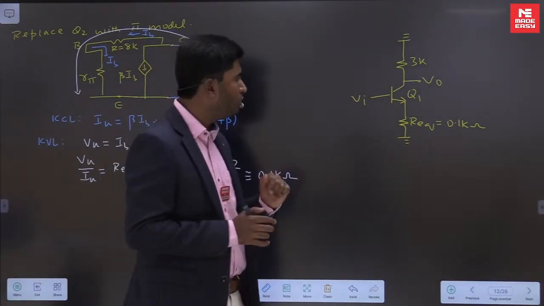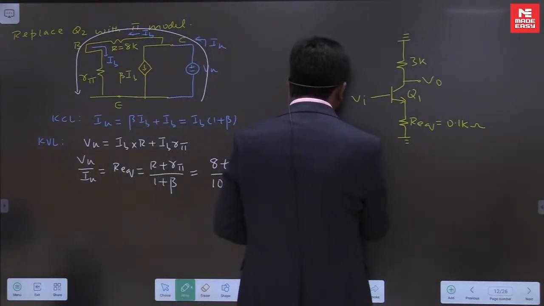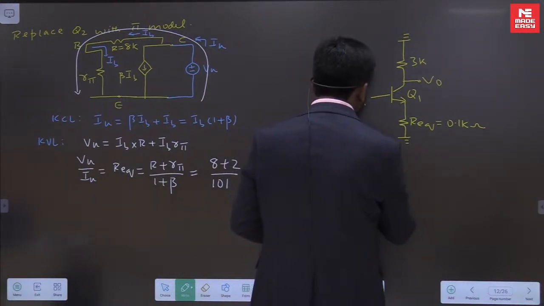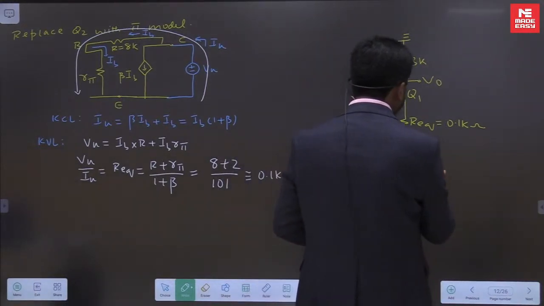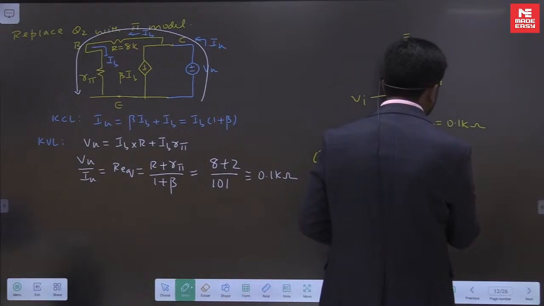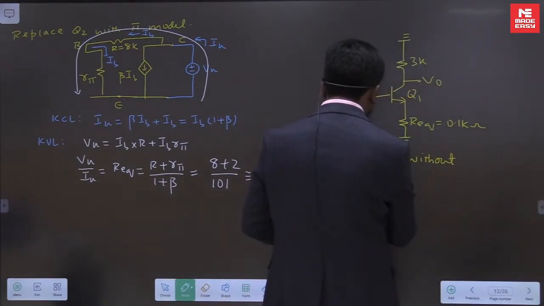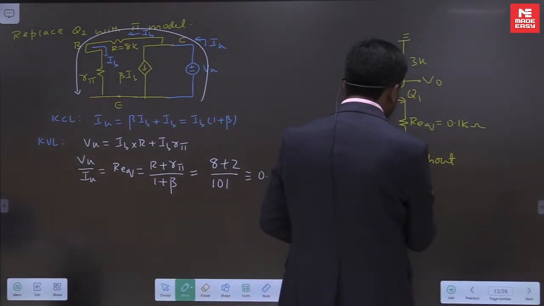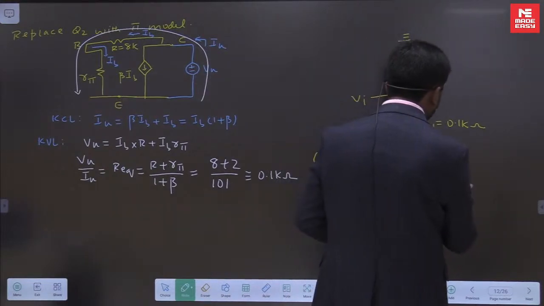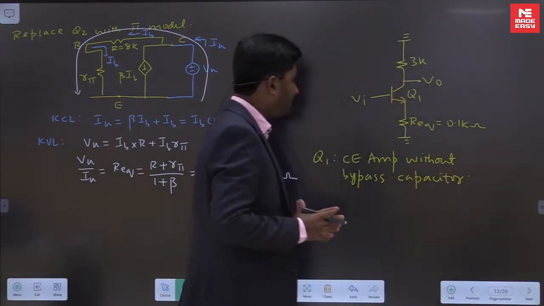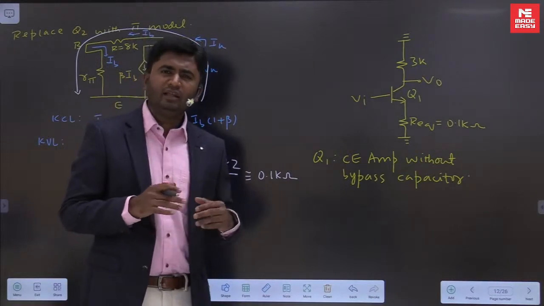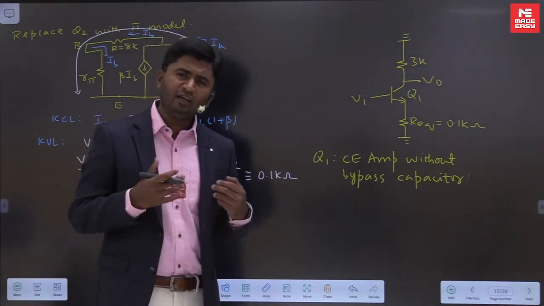We can now call Q1 a CE amplifier, a common emitter amplifier without bypass capacitor. It is a very standard, very important amplifier,